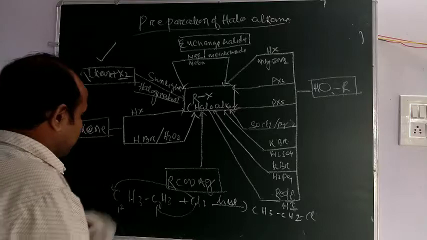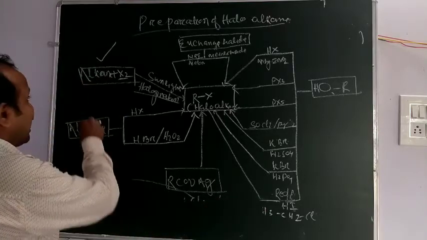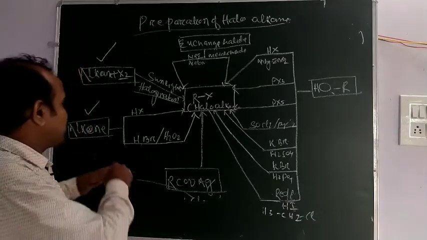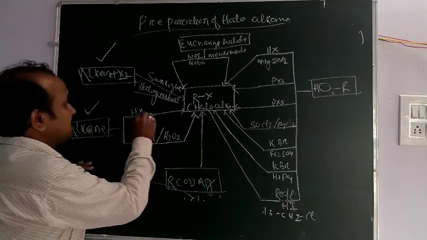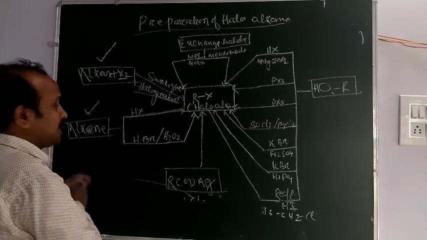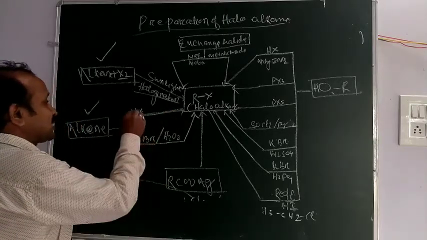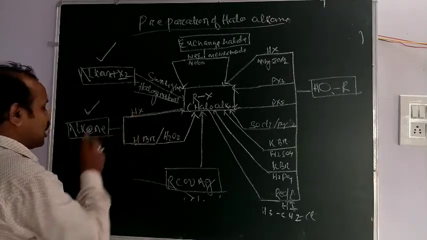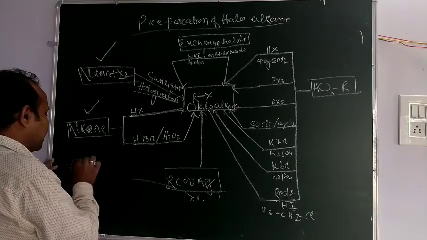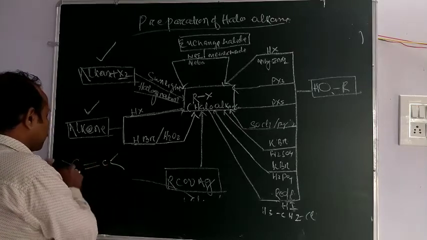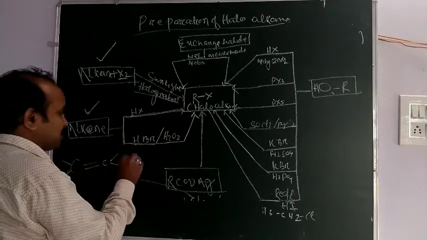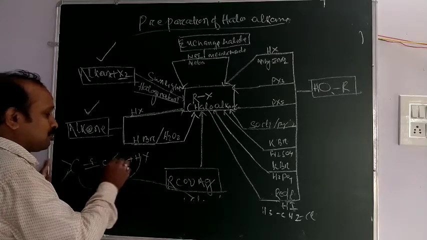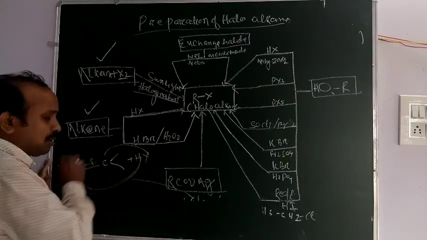Okay, next, from alkene we have already discussed how you can prepare it from alkene treated with HX. Okay, HX or HBr. HX means HCl or HBr. When it reacts with HX, that is also an addition product. Alkene means double bonds are already present. Okay, then when it reacts with HX, this double bond breaks, then one hydrogen goes to one carbon and halogen goes to the other carbon.